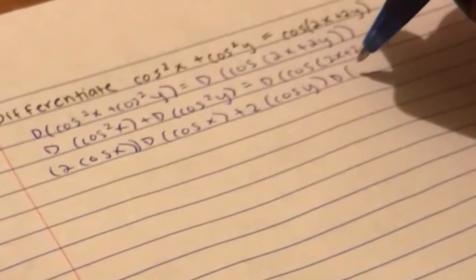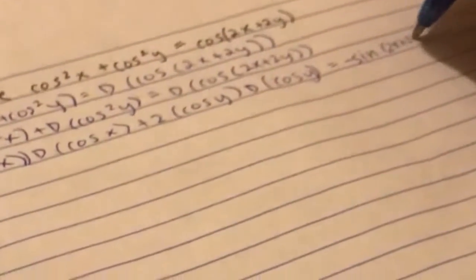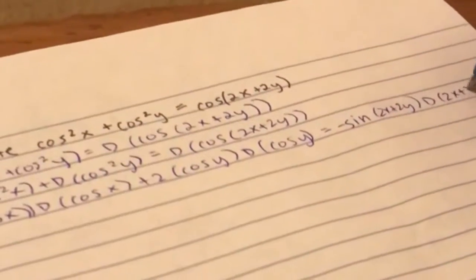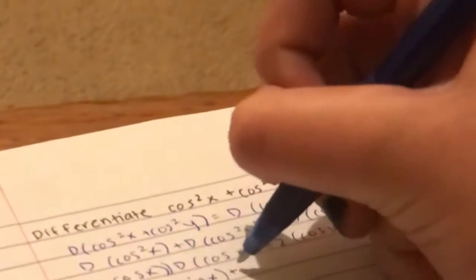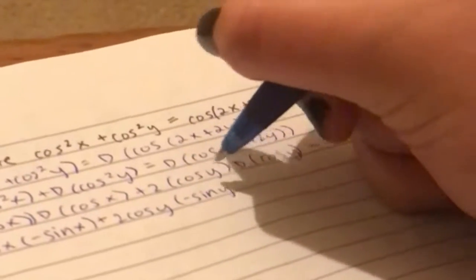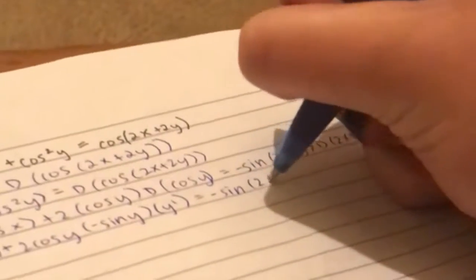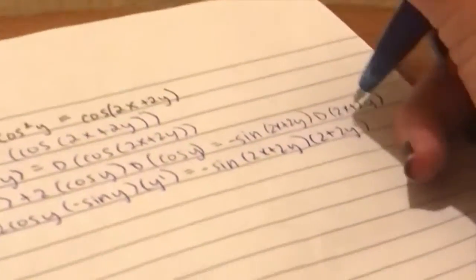plus 2 cosine y times the derivative of cosine y is equal to negative sine 2x plus 2y times the derivative of 2x plus 2y. We get 2 cosine x times negative sine x plus 2 cosine y times negative sine y prime is equal to negative sine 2x plus 2y times 2 plus 2y prime. We simplify to negative 2 cosine x sine x minus 2y prime cosine y sine y is equal to negative